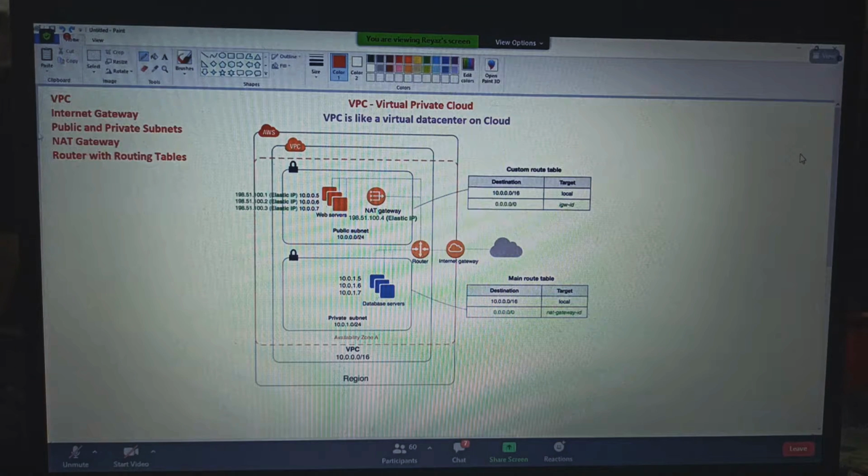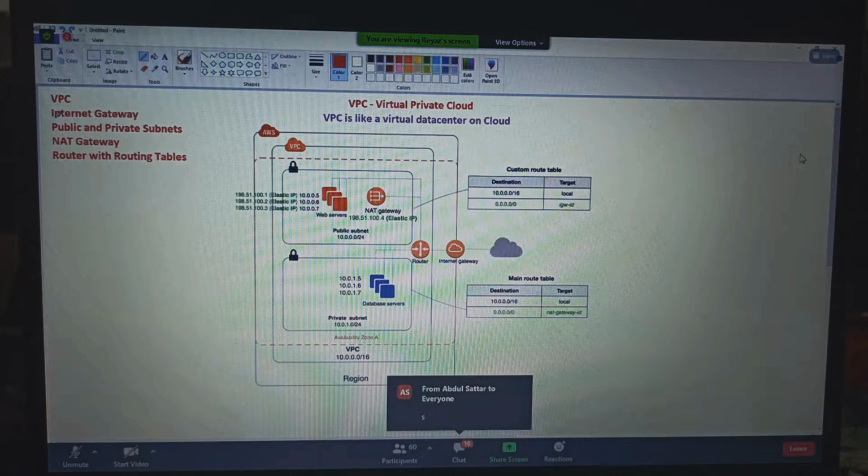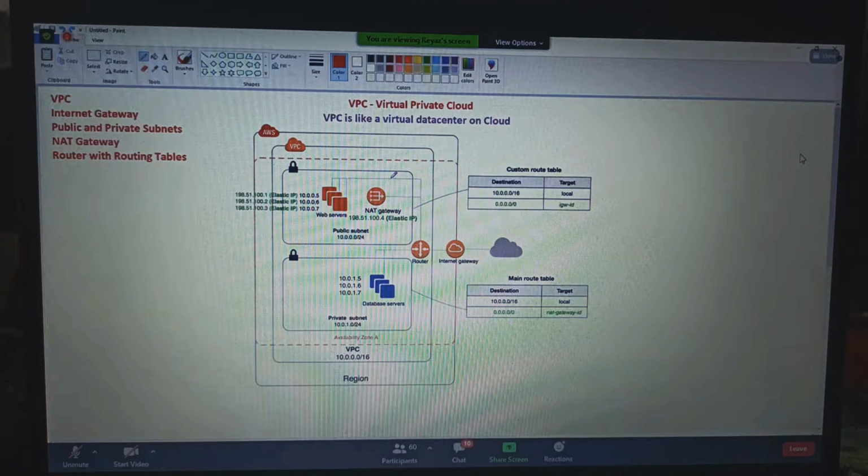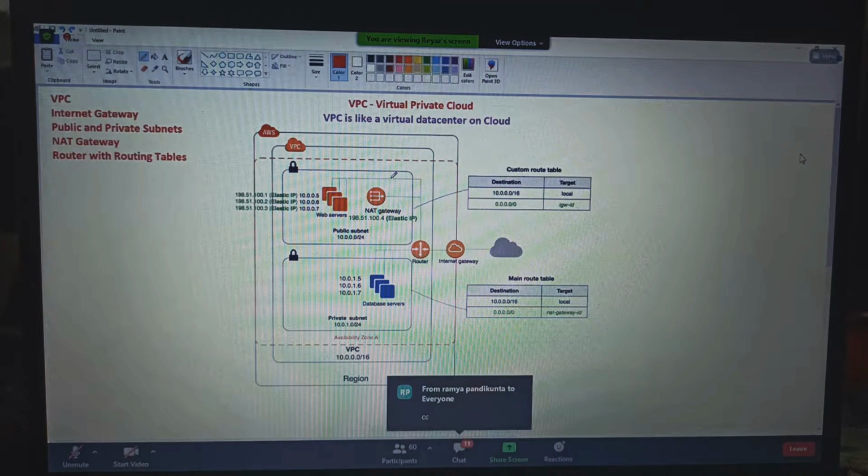Everyone agree with this? Okay, so VPC, we know very well, it's an outer layer, right? Everything should be inside a VPC. It's like a home, all right? Let's talk about this from this internet gateway, guys. So tell me one thing. Till now, we have launched so many EC2 instances and we worked inside them. Can you tell me, when you worked inside the EC2 instances, do we have internet access inside the EC2 instance?